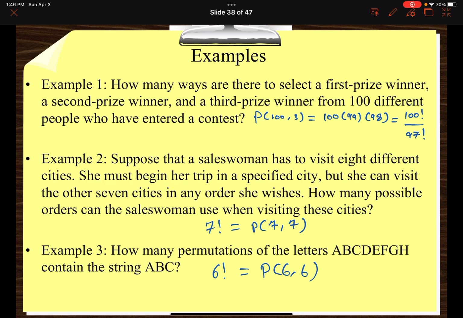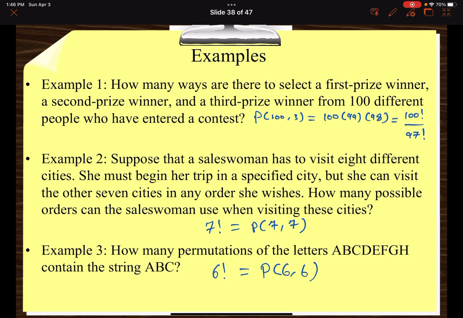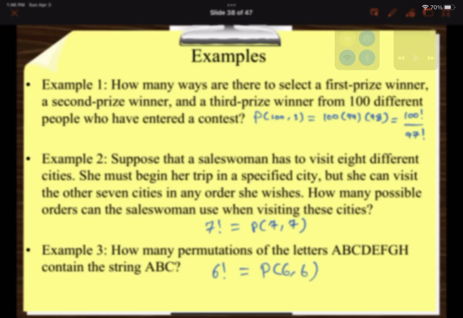Okay, guys? So example 3 is asking how many permutations of these letters contain the string ABC. So it's the same as ABC ordered like this. Exactly. You cannot have anything between A, B, and C. It is one block, ABC. Is that clear, guys? Okay. So let me close the